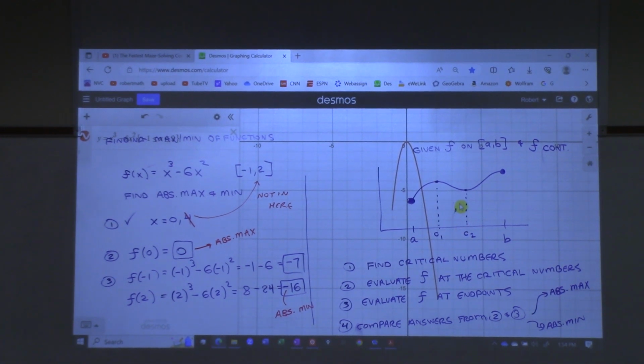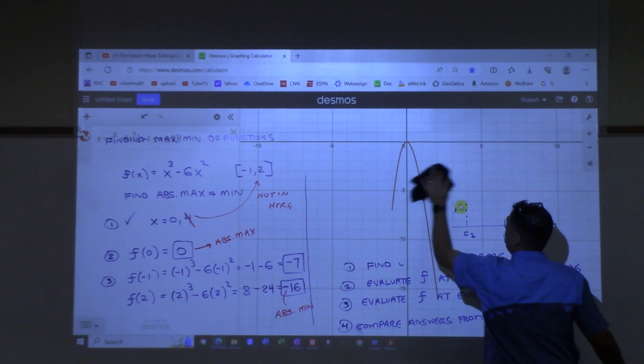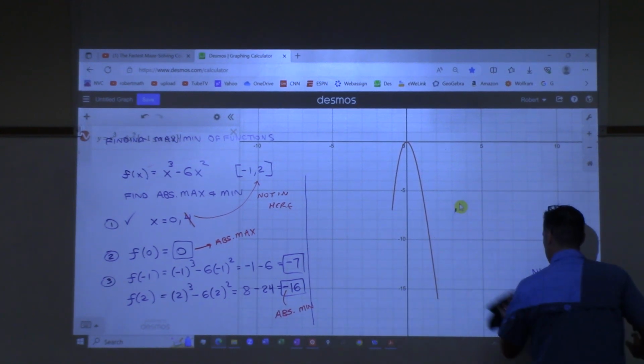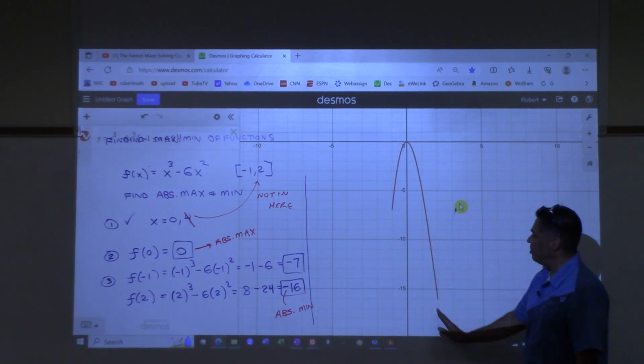All right. So if we take a look at that polynomial function and we restrict it between -1 and 2,